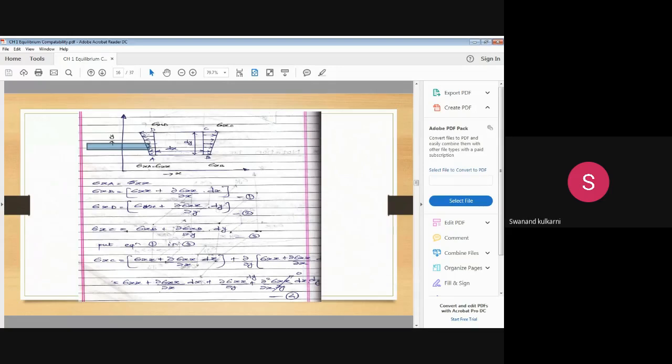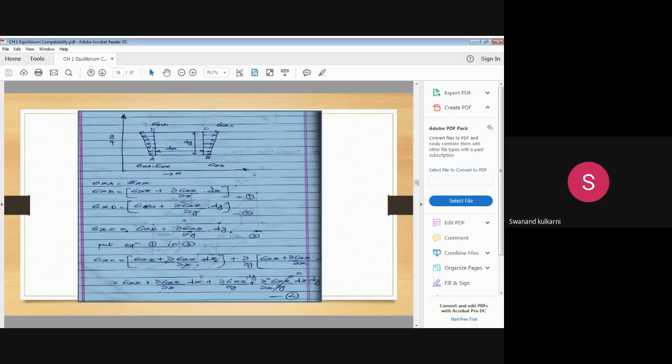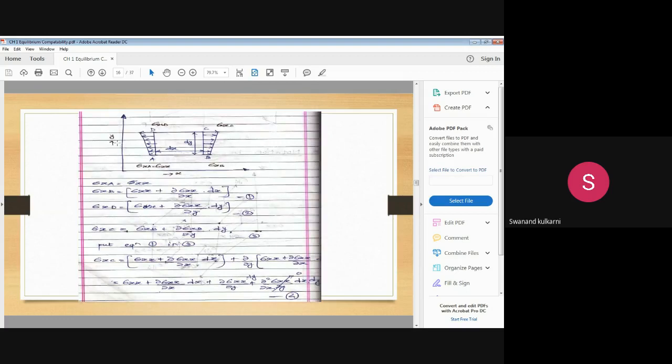Now, in order to identify the force, we will have to multiply by area. After multiplication by area, we will get the force acting in the direction of the negative x-axis. So this is the positive x-axis and this one is the negative x-axis. Along this negative x-axis, we should take the average stress and multiply by the area. As BC thickness is dy, or AD thickness is also dy, and this small component for which